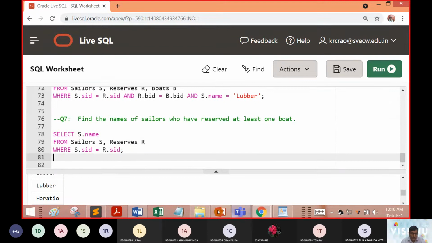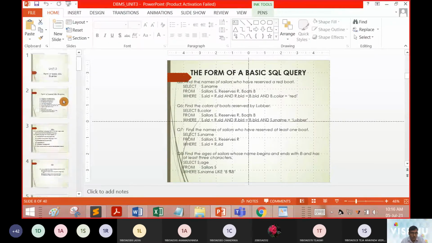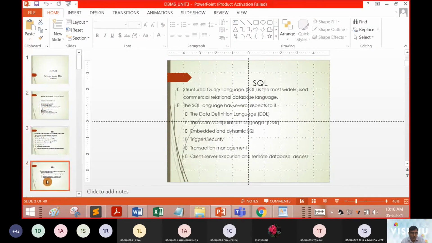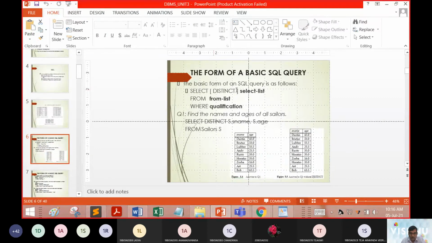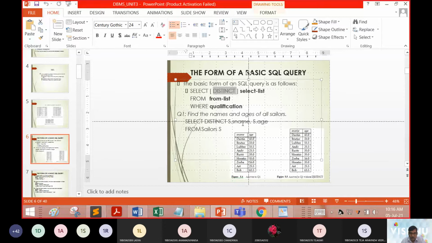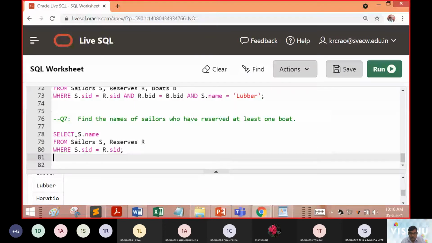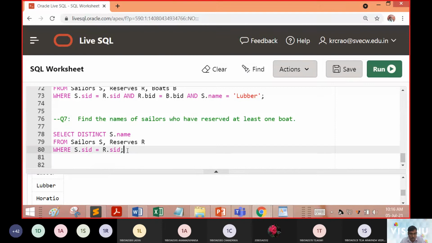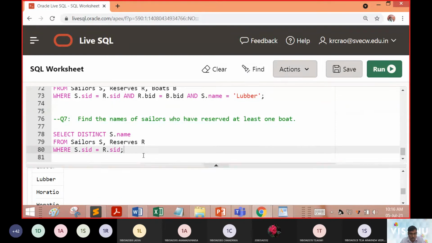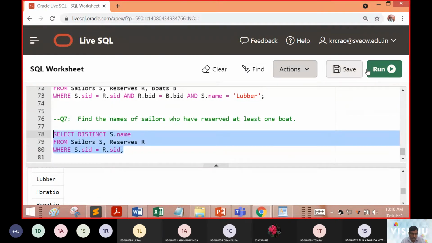Now what if we use the SQL part, and bring distinct at this point of time? Now let us hit this button and see how the values are going to come.